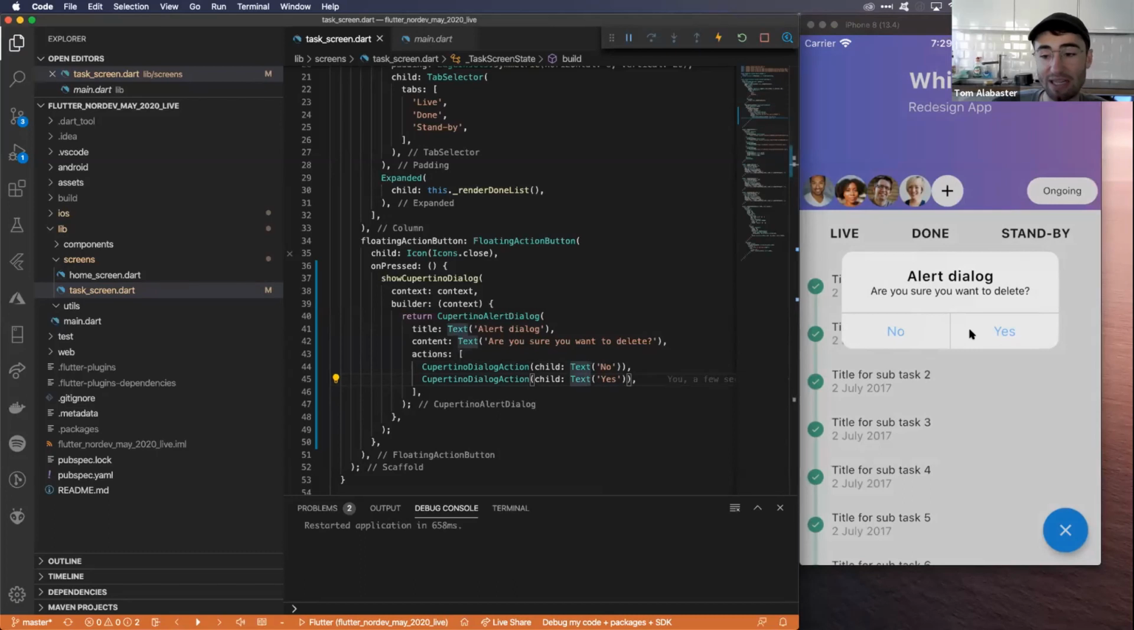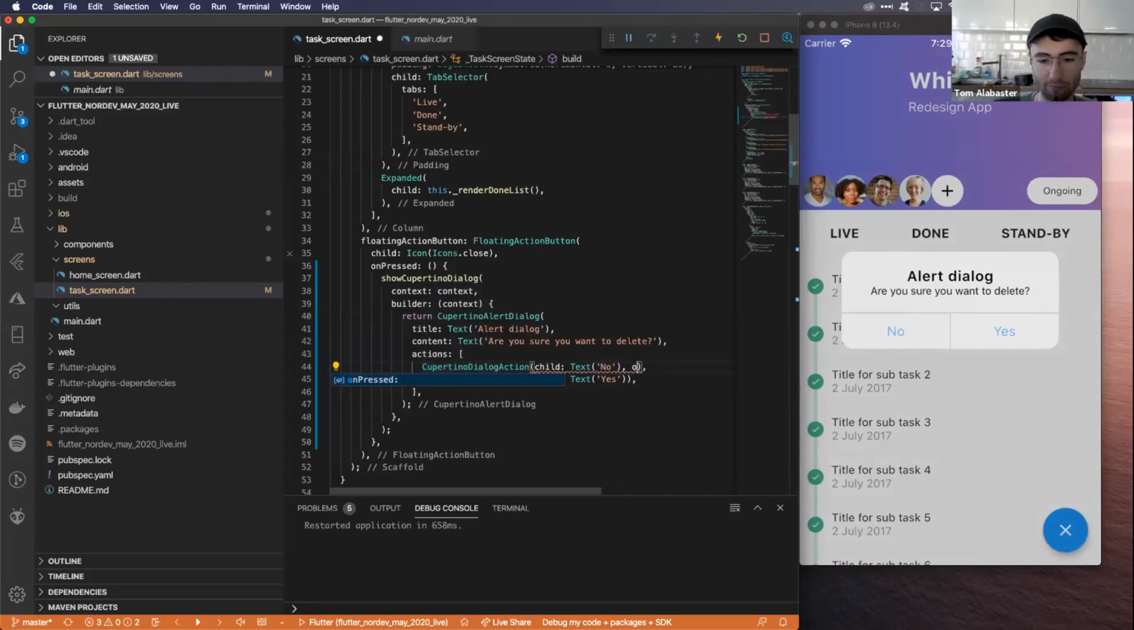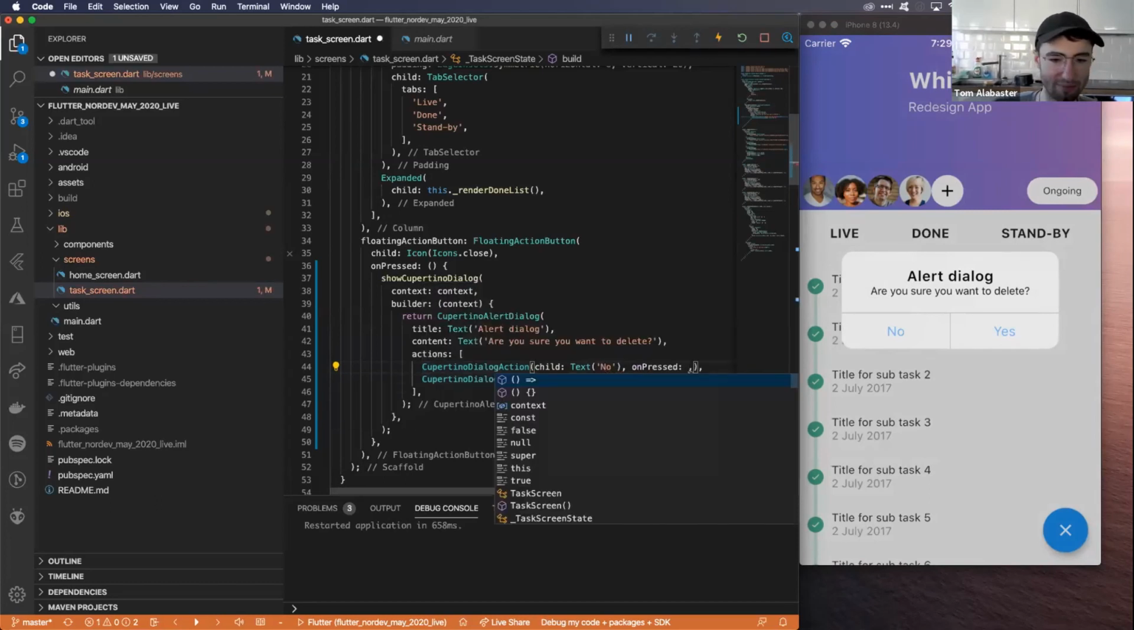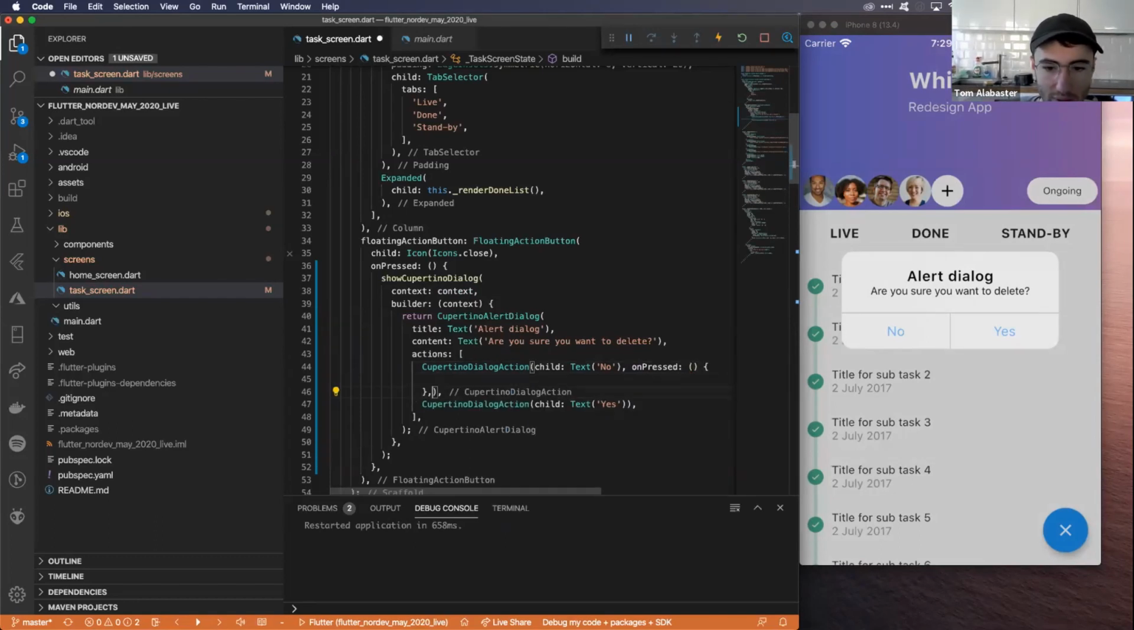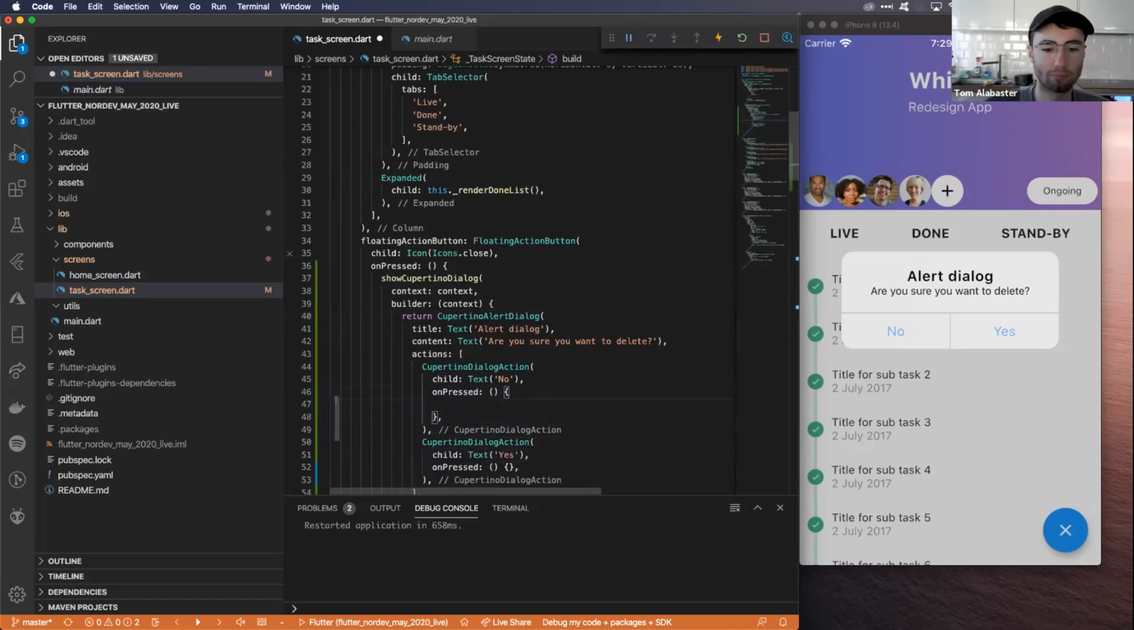Now we need to make these buttons dismiss the dialog. And these Cupertino dialog actions have a way to do that. They have an onPressed parameter. It's a named one again. That's why we have to type onPressed. And these can just be anonymous functions as well. So let me just create the two here. Cool. Let's start with a no. So what's going to happen is